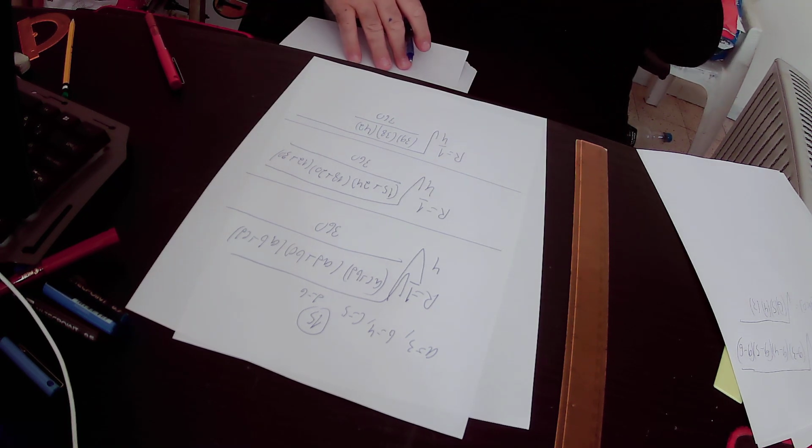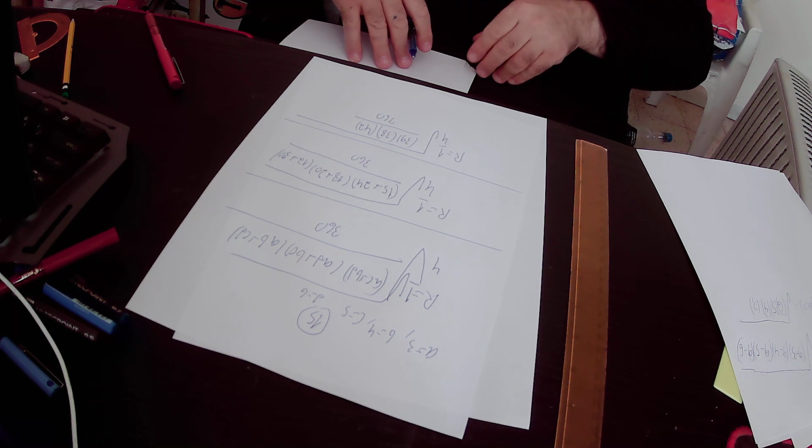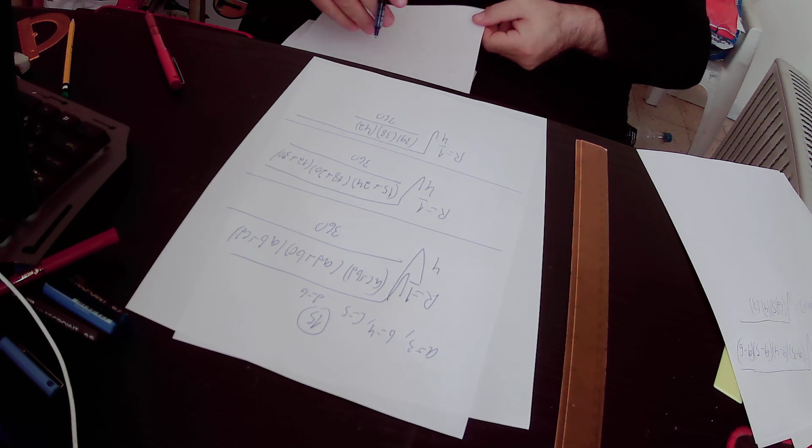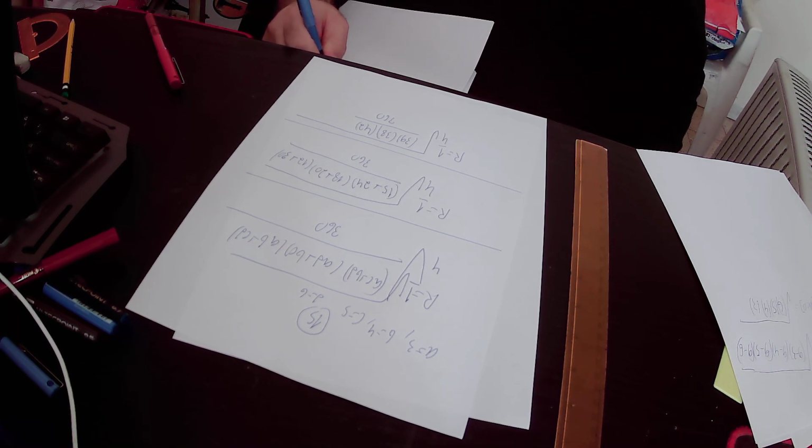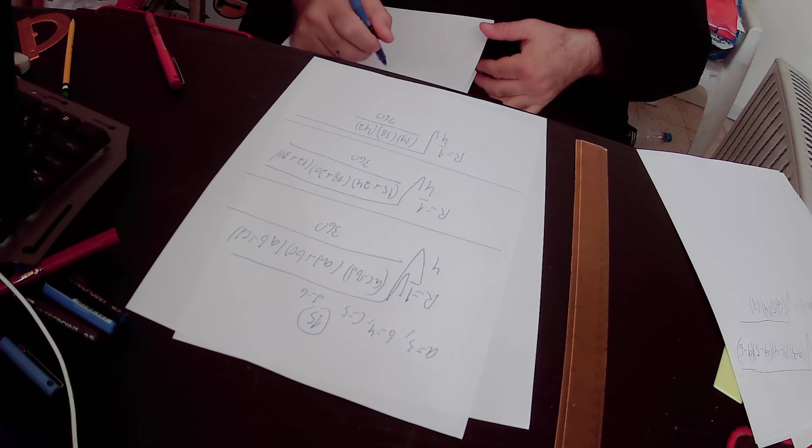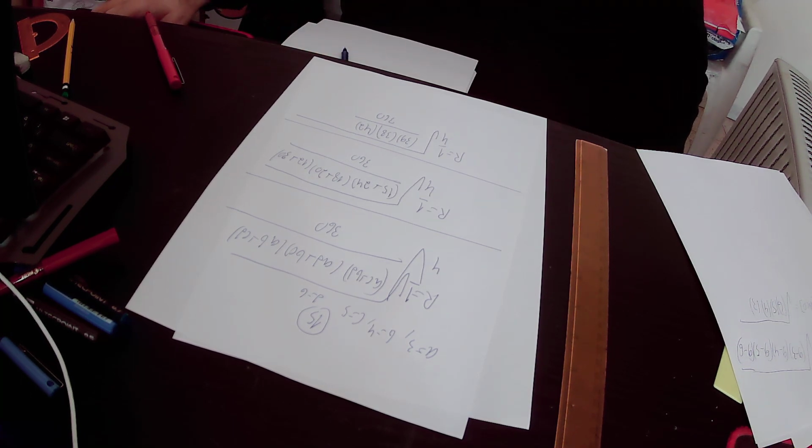So here the radius of the small circle will be equal to 1 over 4, and 39 times 38